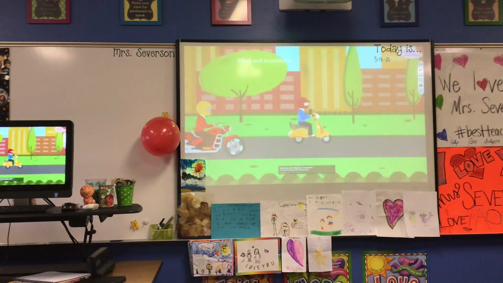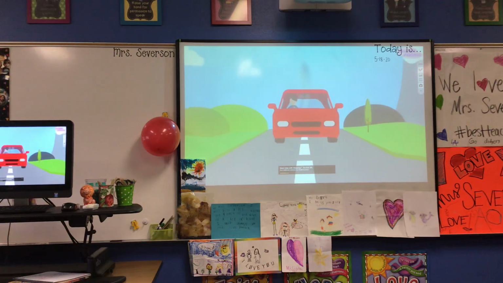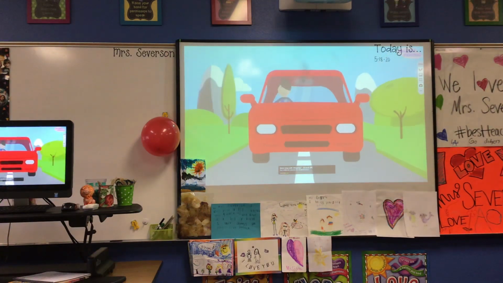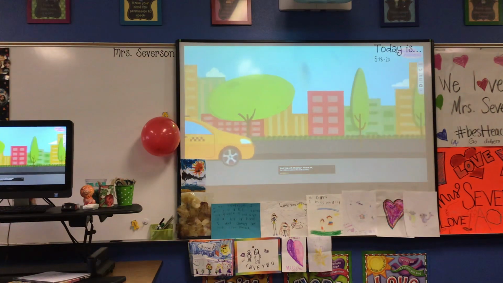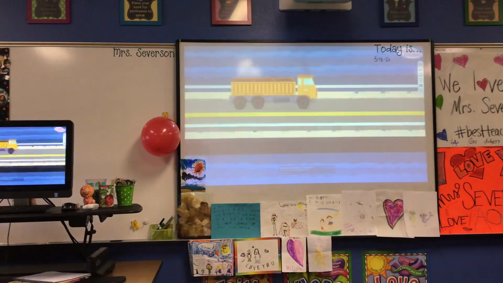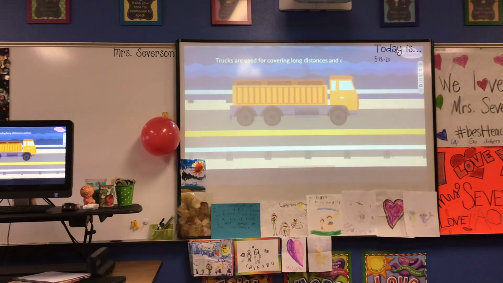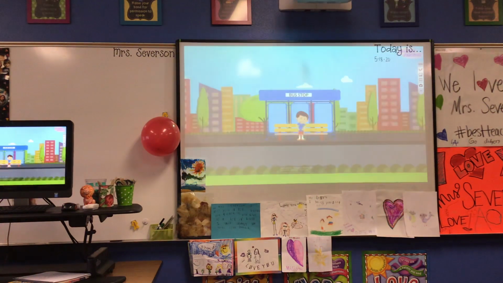Bikes and scooters might be used for short distances. Whoa, it's a car. Some people use cars. Oh, look, a taxi is coming. We can cover short distances with taxis. This is a truck. Trucks are used for covering long distances and carrying heavy loads. Buses are an important mode of transportation.